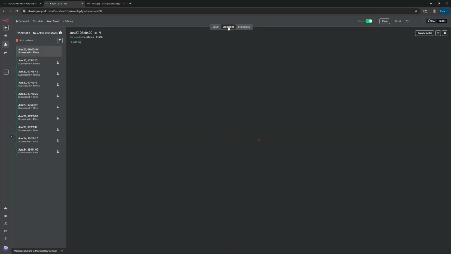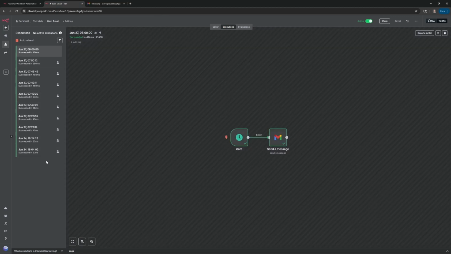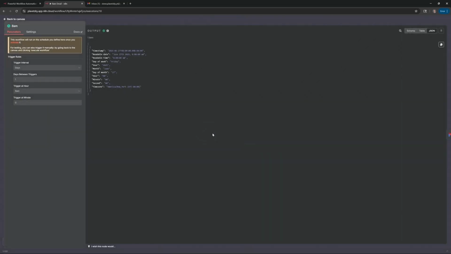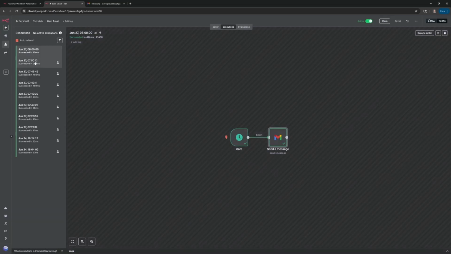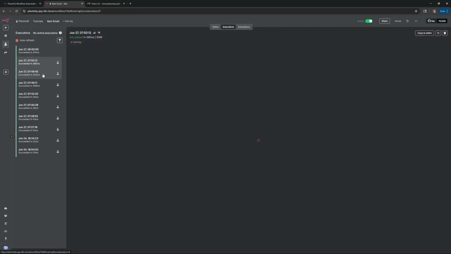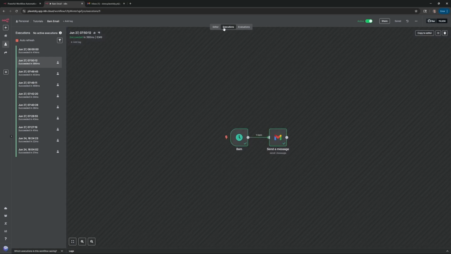This also gives me a chance to show you the executions. So if you click on this tab up here, you now get a list of all the times we ran it. And if you notice, you got this stripe pattern here to show you that it's not the traditional canvas. But you can actually click on each one of these and show what it did, what was the output, and what the input was when appropriate, when it ran at that time. So for instance, this time shows the time was 8 o'clock, like it should be, and that's what we actually got in the email. And then you can show it sent. If you go back through here, it gives you the timestamps, all the other ones that we ran, and you can do the same thing. So that's what the execution does.